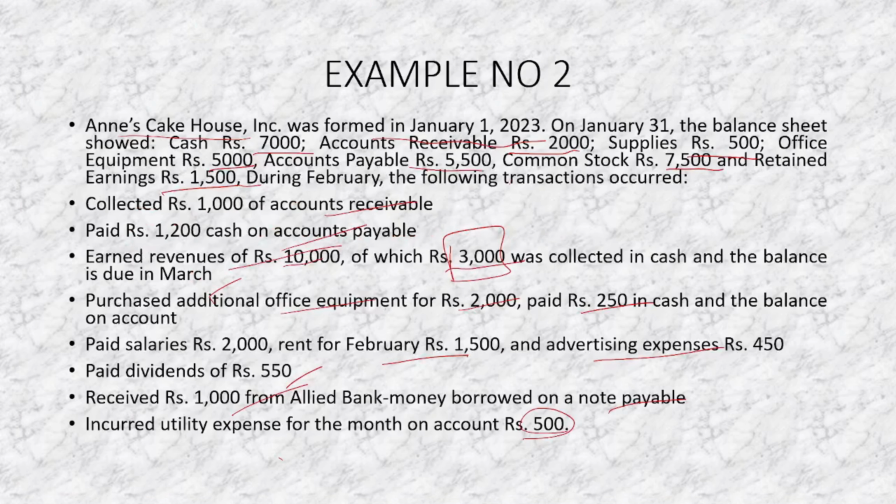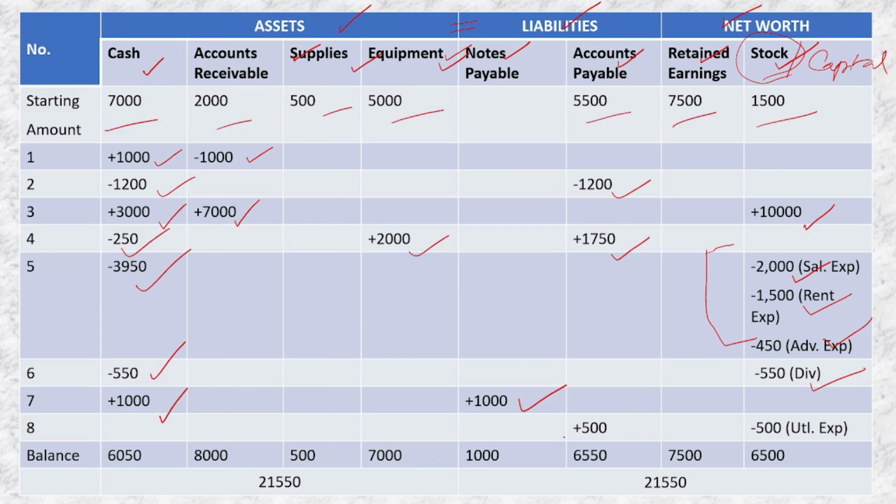Okay, last question. Incurred utility expenses for the month on account rupees 500. So, here what we see is that accounts payable is 500 added and here minus 500 as utility expenses. So, what we see is that we have done a net addition of all these values, that is 7,000, 1,000, minus 1,200 plus 3,000 minus 250 minus 3,950 minus 550 plus 1,000, and then finally we have got this amount as